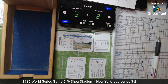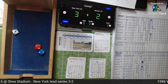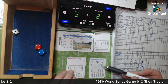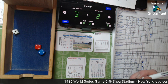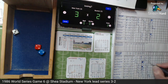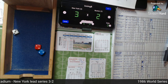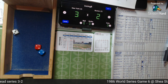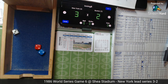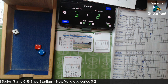2 away at the bottom of the 7th. Keith Hernandez. 2-3 is a 2. 2-2 is a 1. That's a 3 on a 2. And he strikes him out. So the first strikeout for Calvin Schiraldi brings this inning to a close. And as we go into the 8th, the New York Mets have a lead of 3-2. So Roger McDowell